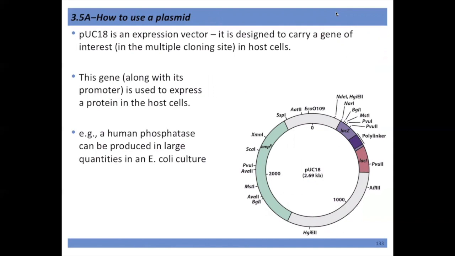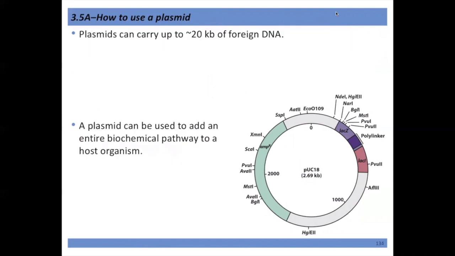And you can actually insert multiple genes and lots of different things with them. In fact, plasmids can carry up to 20 kilobases of foreign DNA. So you can actually use it to add an entire biochemical pathway to a host organism. It's really interesting. A lot of the drugs that we make in the laboratory, they try to get organisms